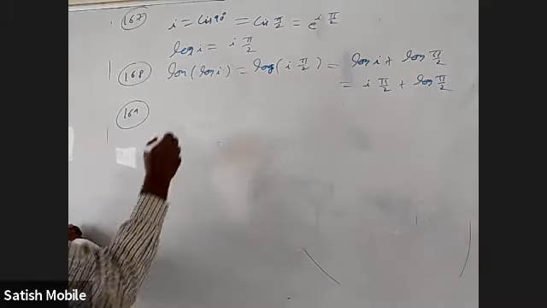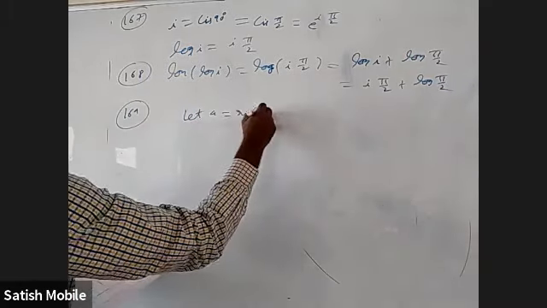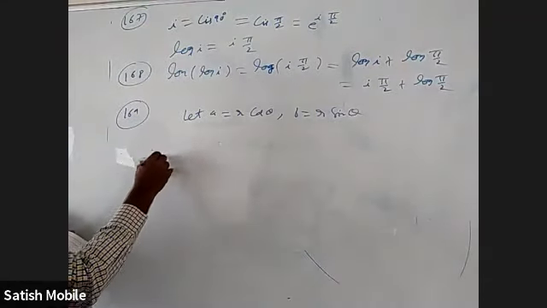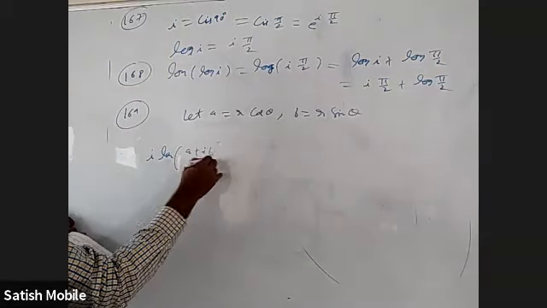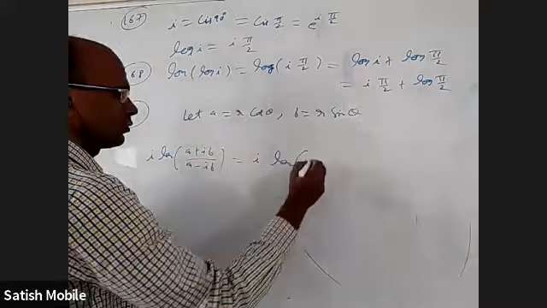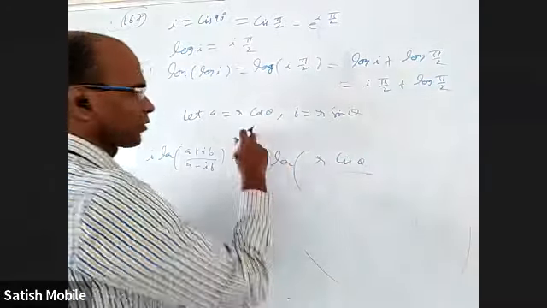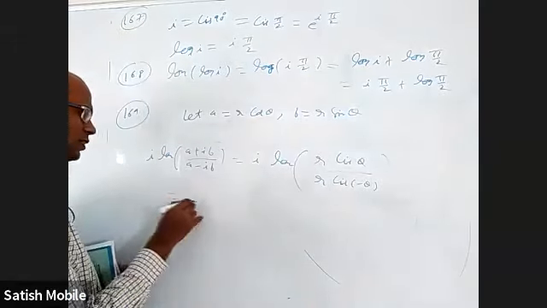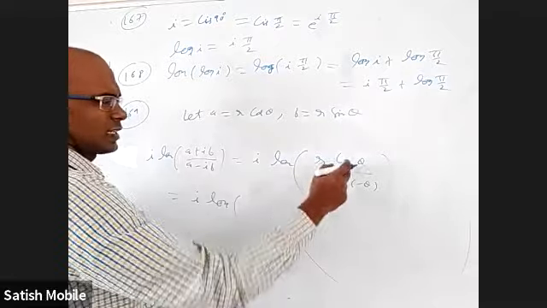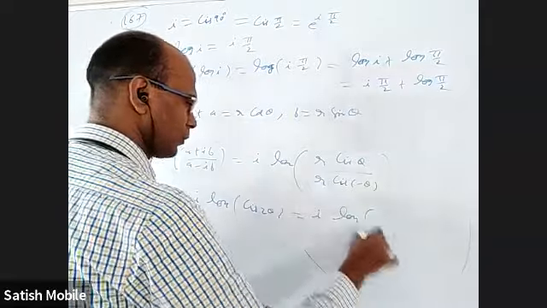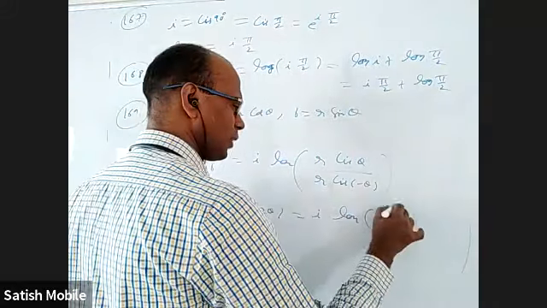They want the argument of i into log of (a plus ib) by (a minus ib). I am going to take a equal to r cos theta, b equal to r sin theta. Let me simplify i into log of (a plus ib) by (a minus ib). Basically, I'm converting into mod amplitude form. I into log of r cis theta by r cis minus theta. R will cancel, we'll get i into log of cis theta by cis minus theta, which is cis 2 theta. I into log of cis 2 theta, you can write e power i into 2 theta.